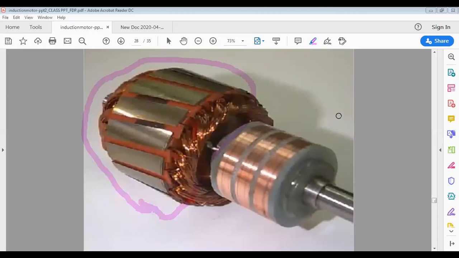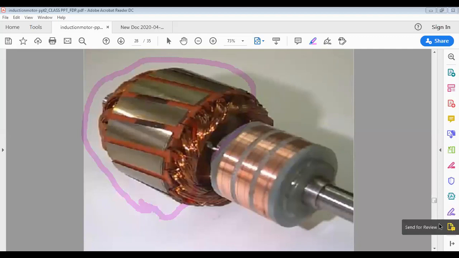But what occurs in the previous one? In the previous one, if the stator is wound for 4 pole winding, then once you start the motor, the rotor adjusts itself automatically for 4 poles. Got it? If you design the stator for 6 pole, then the rotor automatically adjusts itself for 6 poles. Got it? That is the difference.